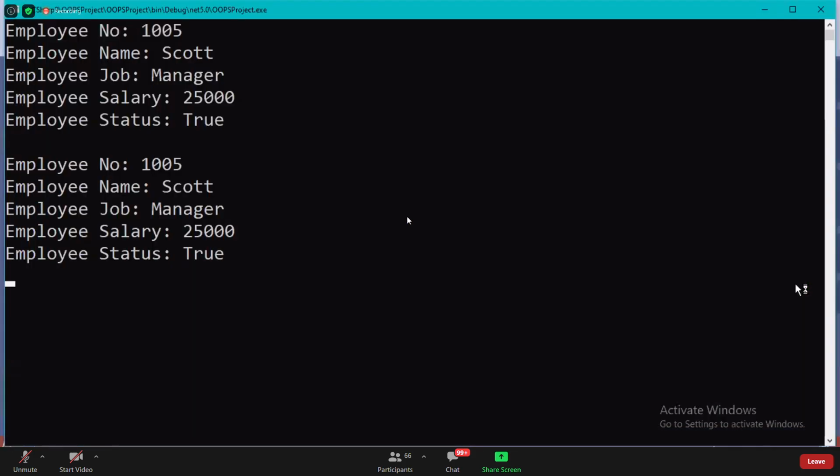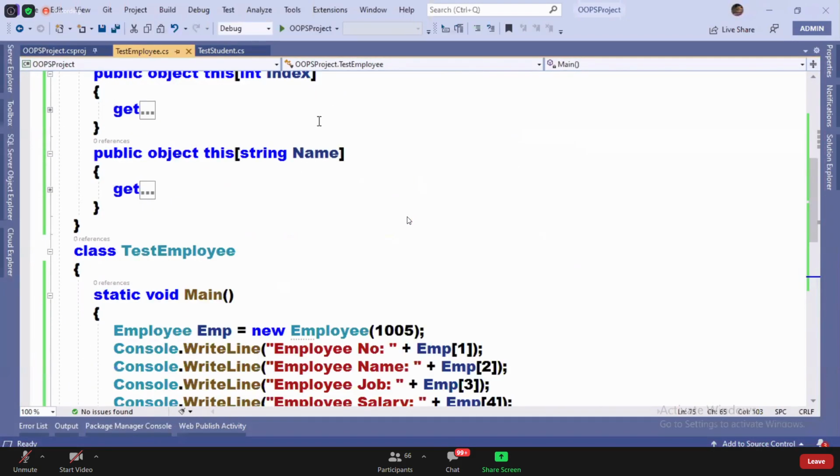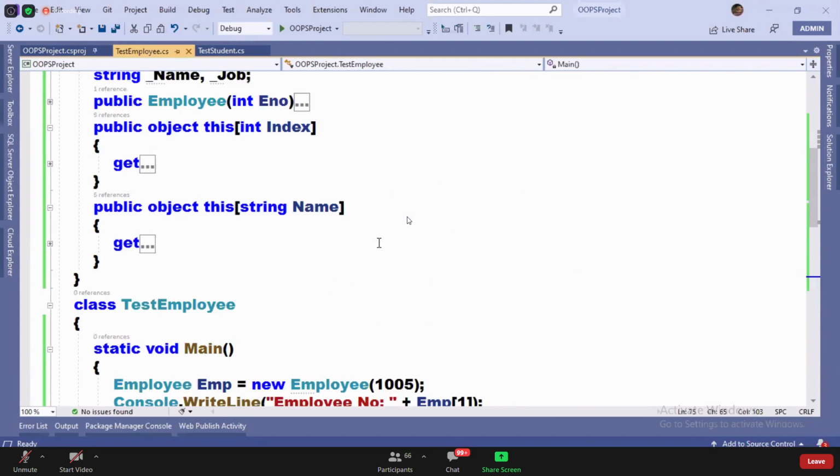Got it? See guys, I can also write an indexer which takes a character. Suppose if I pass A, it should get me employee number. B, name. C, job. D, salary. E, status. Did you understand me?